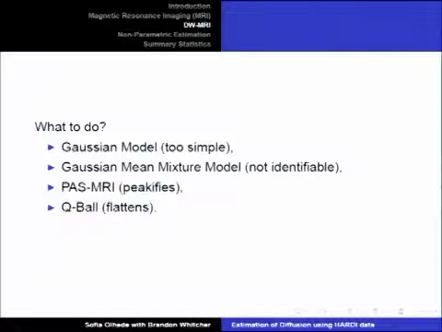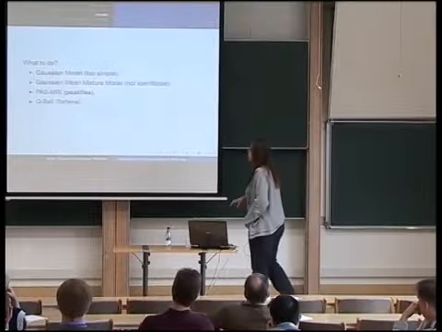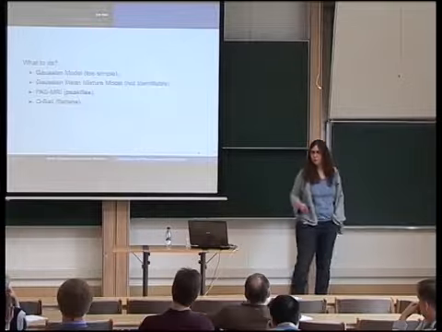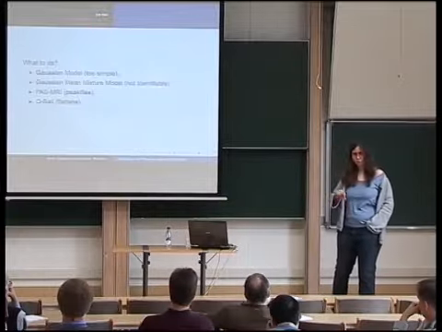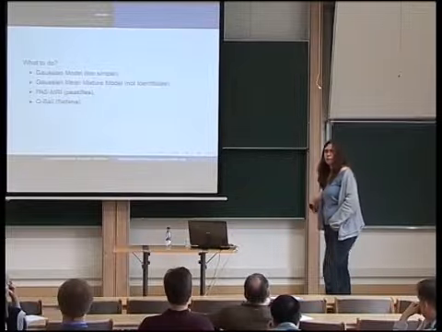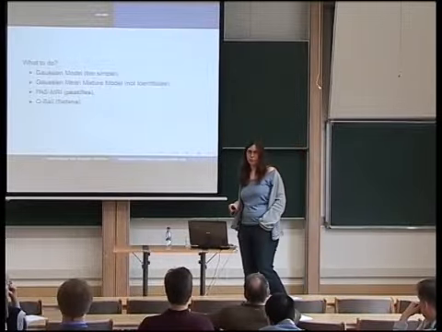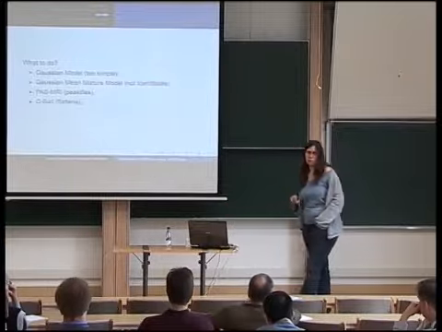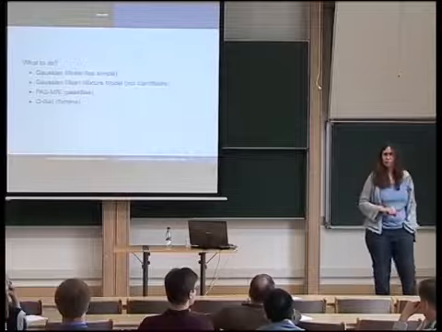There are 2 non-parametric alternatives to these models. The first was come up with by a colleague of mine at UCL, Danny Alexander, which is PASS-MRI. This makes assumptions about the spatial structure of the PDF and tends to create estimates in space which I think are slightly too peaked. I think Danny would agree with that. So you make a basis expansion in space and you Fourier transform, and this has an inherent smoothing associated with it. So there's a risk of removing features because you don't use too many basis functions,